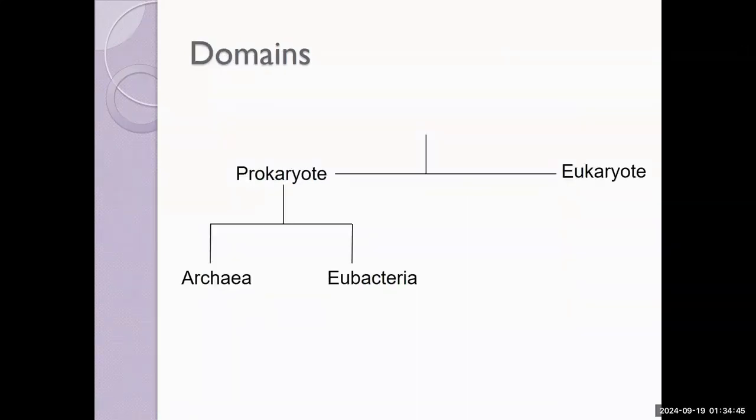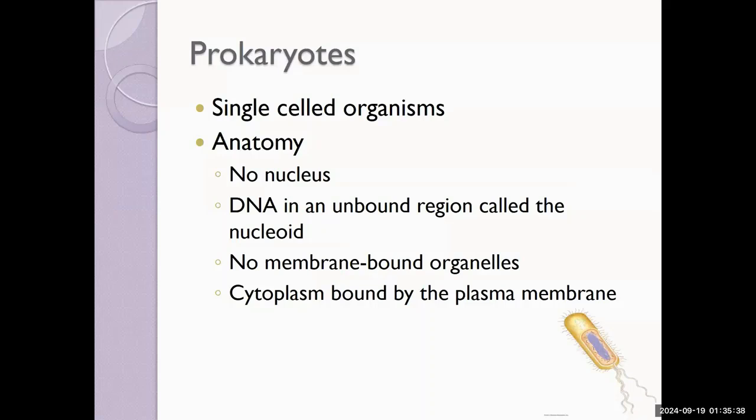Through our studies of the cell, we've been able to discern that there are two distinct cell types, which ultimately have given rise to three scientific domains: archaea, bacteria, and eukaryote. The simple prokaryotic cell consists of two domains, archaea and eubacteria. The eukaryotic cell encompasses all complex life, protist parasites, fungi, animals, and plants. For now, let's focus on the big distinctions between prokaryotes and eukaryotes.